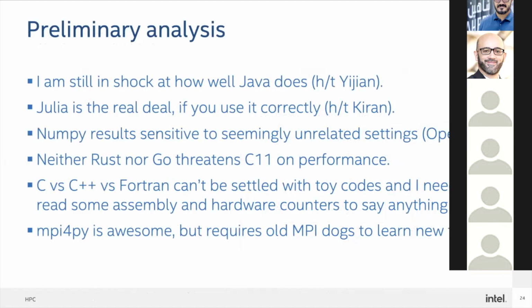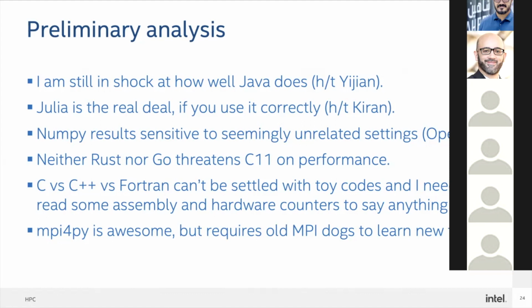Again, I have no idea how Java is this good. Julia does really come out quite well. I will say in my case, I had help from the Intel Julia team. Kiran was an Intel Labs colleague, and he's one of the folks that got 1 petaflop in Julia on NERSC's Cray. So he knows what he's doing, and you can see there are code changes that are a result of Kiran telling me that I was writing Julia stupidly. So you have to get the JIT compiler to turn on and all those things, and you have to change your code a little bit to do that.